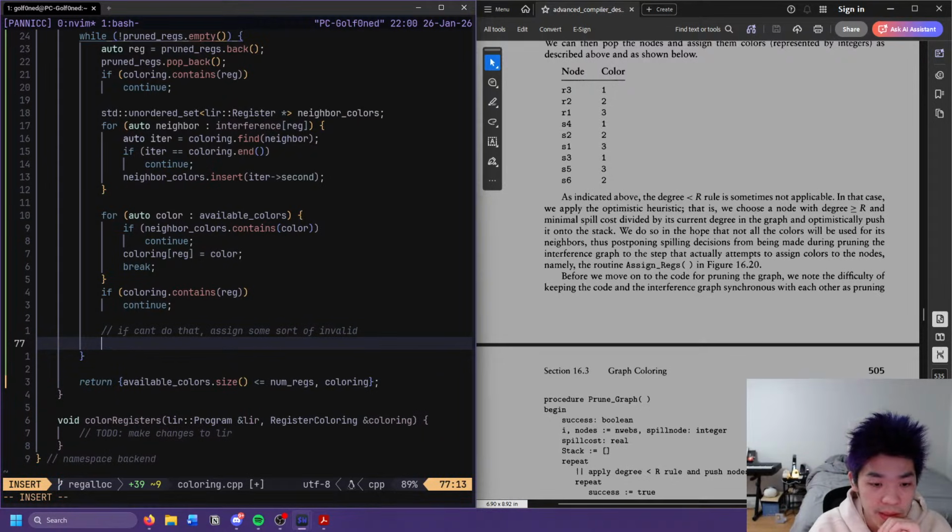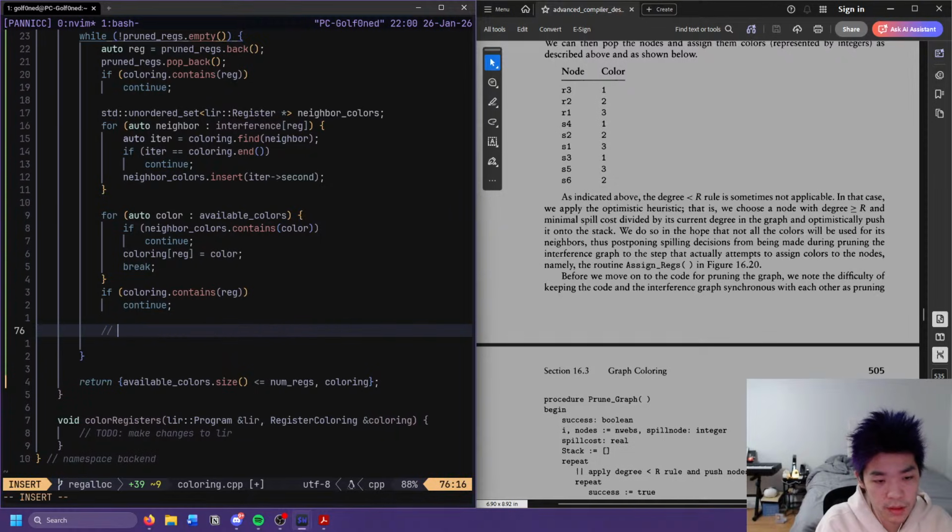Okay, so at this point, I guess either physical reg or add two colors or virtual reg, which we, what do we do with that? Oh, 0 null.